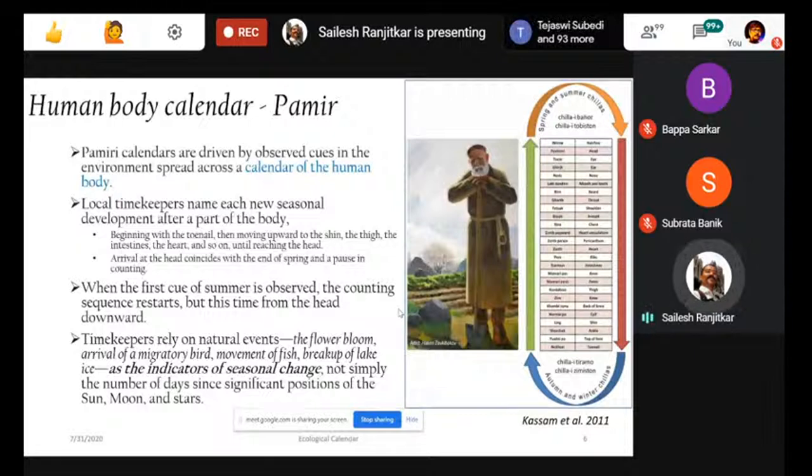So all these calendars are mostly and mainly